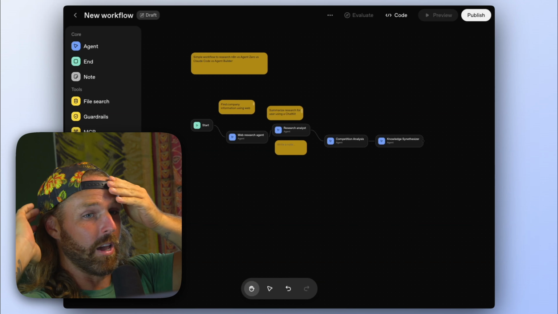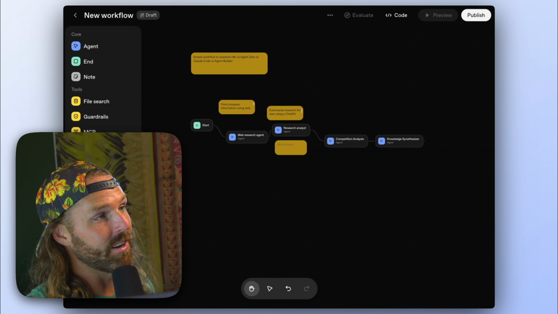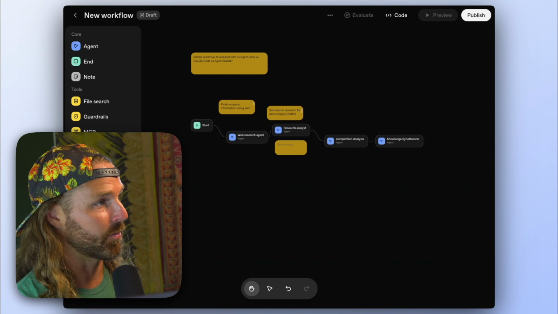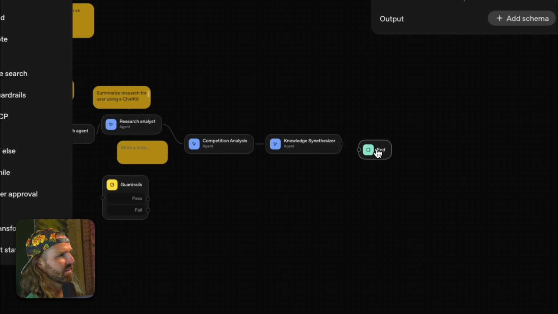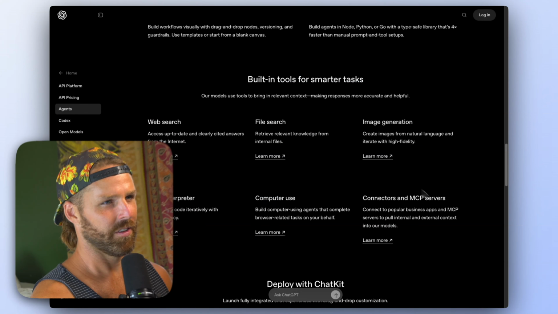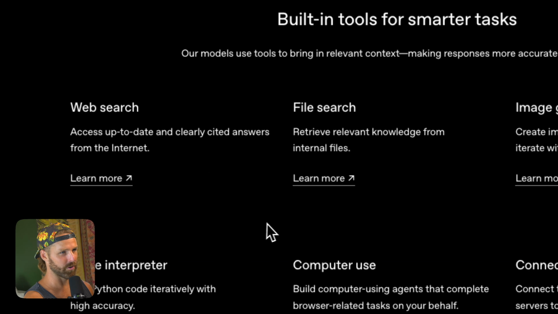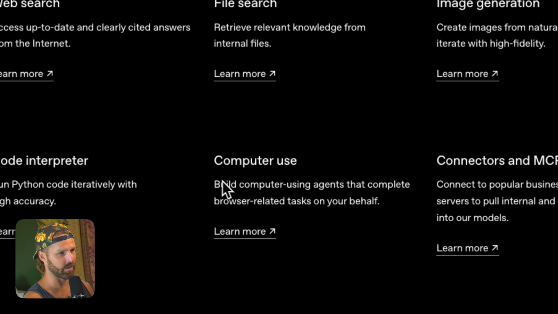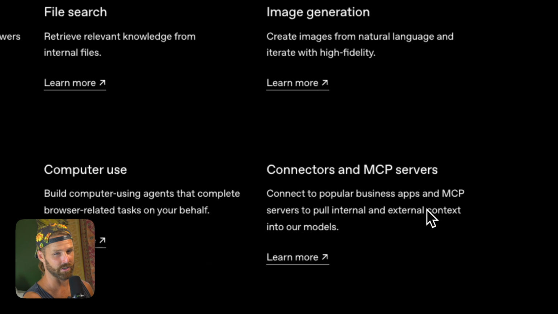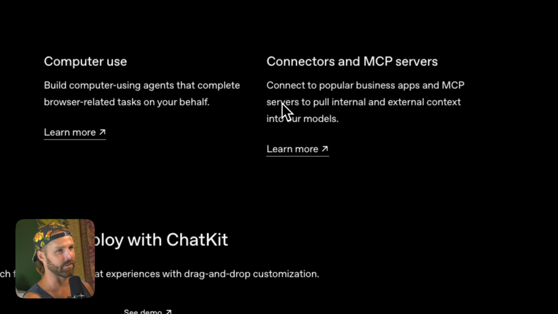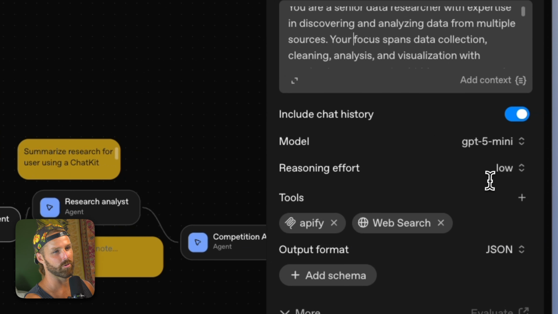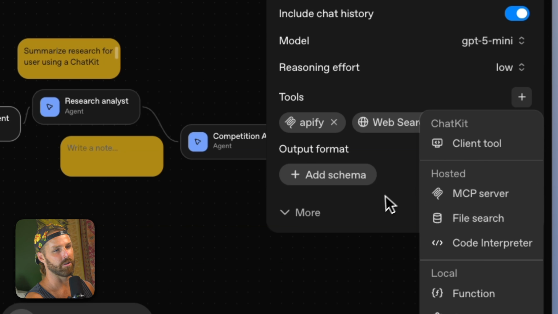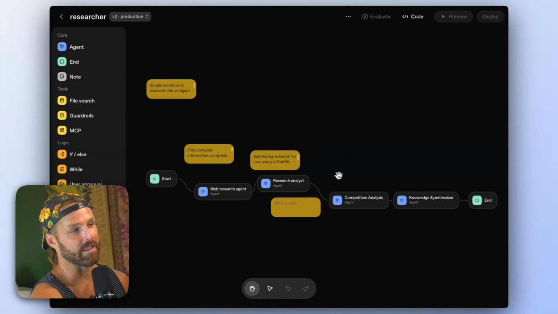I think OpenAI operates largely on hype, not on actually providing the best product. I'm just not impressed. I mean, okay, so now we gotta do the end. What the f? So they advertise these built-in tools: web search, file search, image generation, code interpreter, computer use, connectors, MCP servers. I don't think any of that is super innovative. All the other agents can do that. And then, of course, they also let you include MCPs and add new ones. And it simplifies certain things compared to n8n.